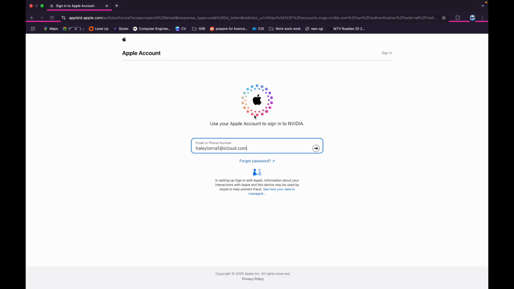If you have forgotten your password of your Apple ID, click on this forgot password link to reset your password, and after you have typed in your email, then click on this arrow button here to continue to log in NVIDIA. So following the simple and easy steps, you can now easily log in into NVIDIA account with your Apple